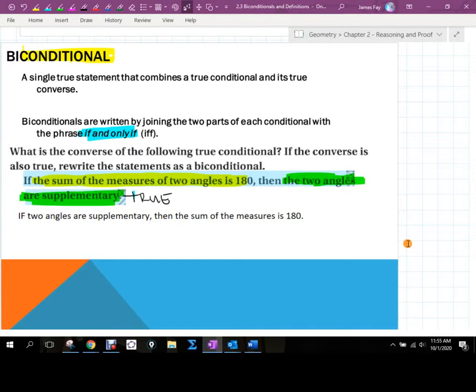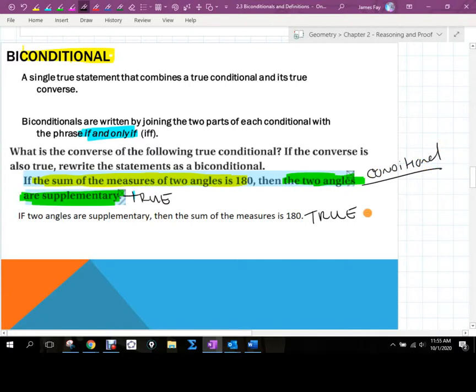But it says if two angles are supplementary, then the sum of the measures is 180. What do you guys think about that truth value? Is that true or false? If they're supplementary, then their sum is 180. That's true, right? Okay. So what we've got here is a conditional